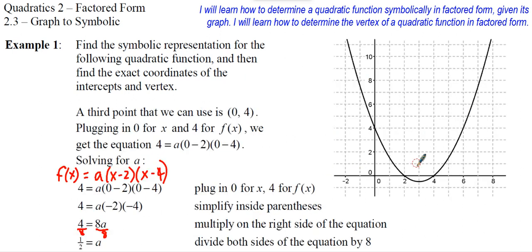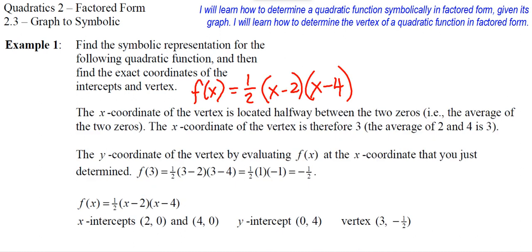Okay, I think we can really tell that the x of the vertex is 3, right? Because the x of the vertex can be found halfway between your two zeros. So the middle of 2 and 4 would be positive 3. But I don't know the y of the vertex, so what I'm going to do is plug the 3 into the equation, and I will get